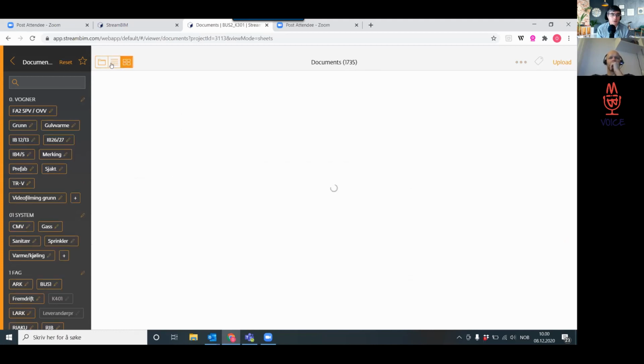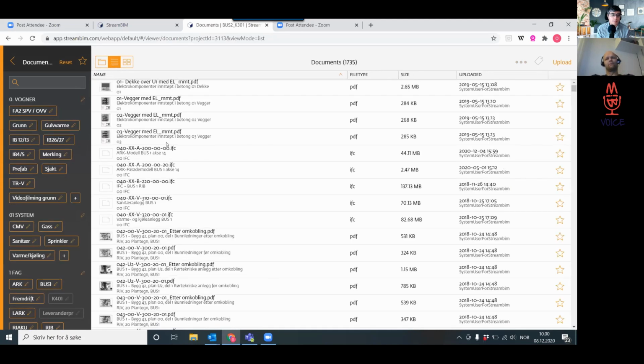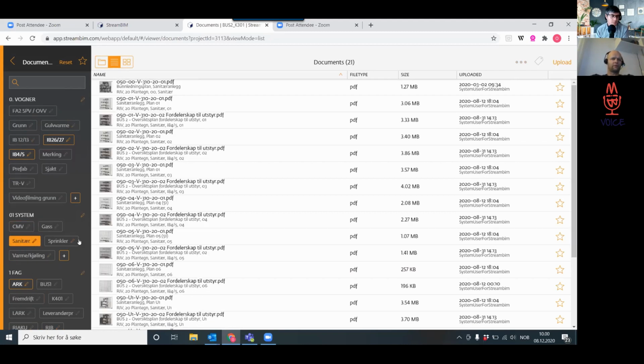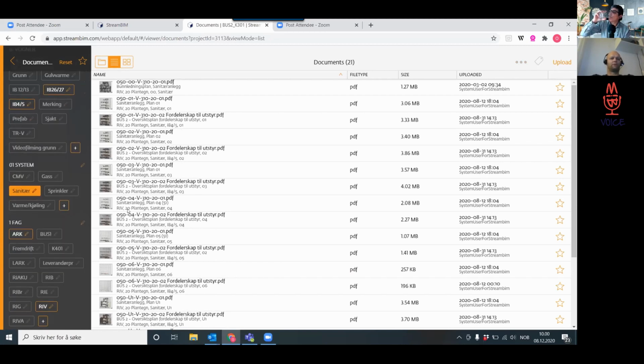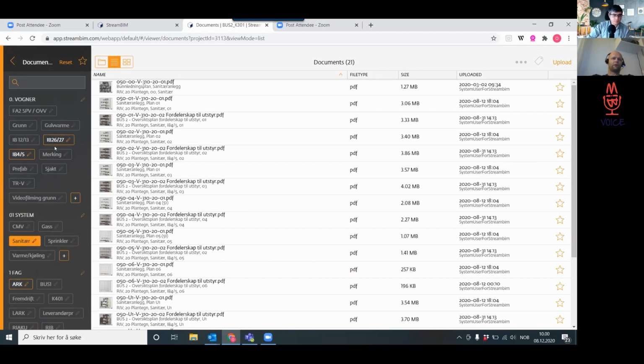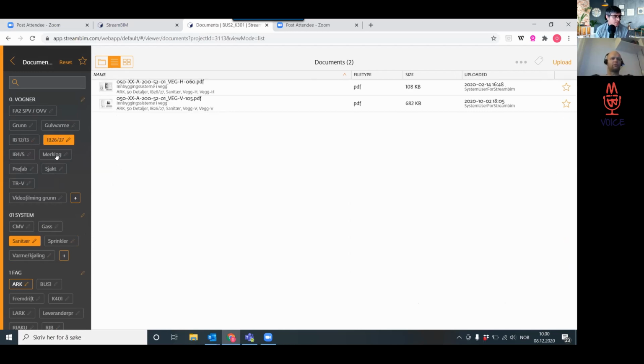Yeah, so basically it's a folder structure, but we use labels to navigate. This is the view you will typically see when you're on site on a handheld device. If it's sanitary, you just select this label if you want to look at a sanitary system. And then you see the different production wagons that are running through this. So based on 2 tags, you are navigating now down to 2 potential